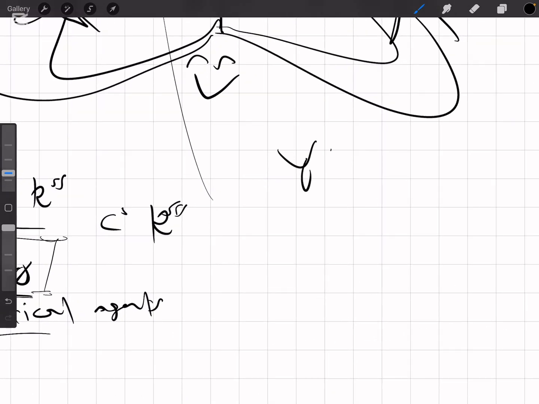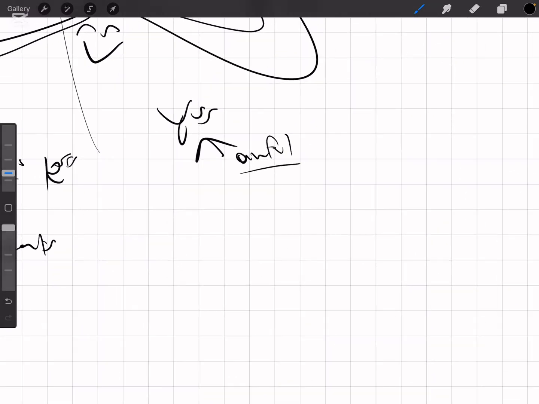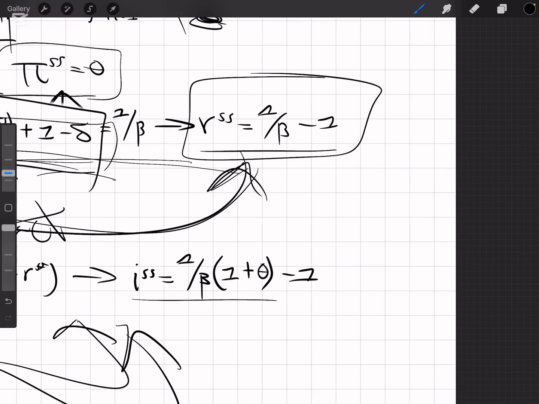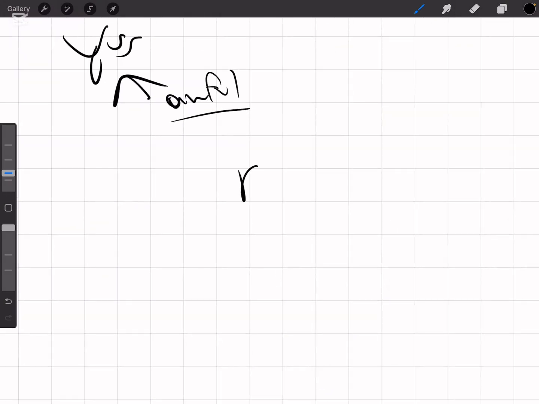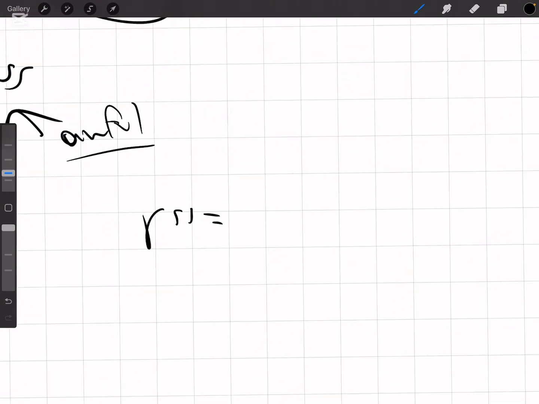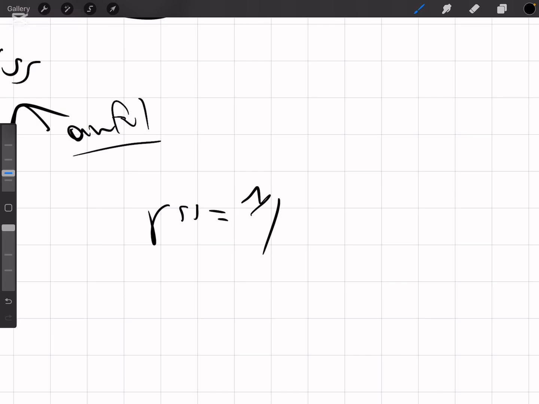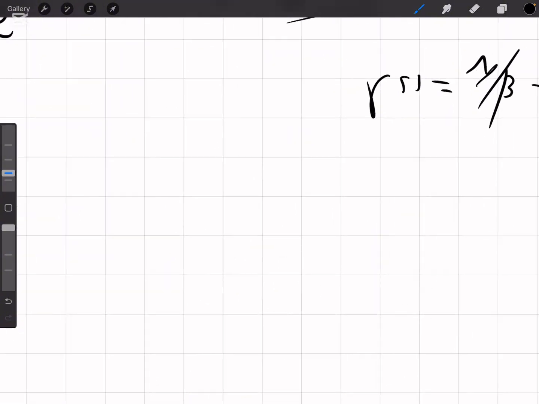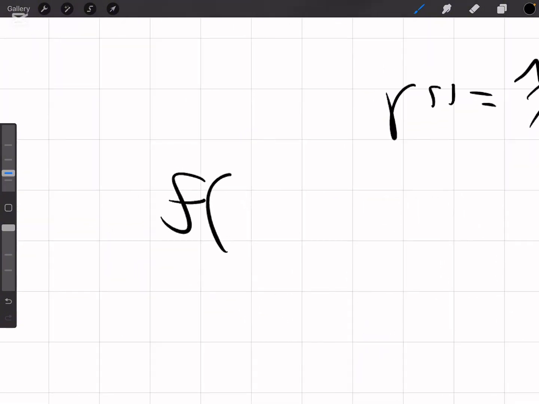I guess we're going to do tau as well. Tau SS. That's a terrible tau. Awful tau, but it's okay. So we know this is the case, but more importantly, we know this is the case. So RSS, and we know that RSS is a function of K, or is very involved, more or less. Oh, my writing's not very good today. And so we know that the function of KSS is equal to